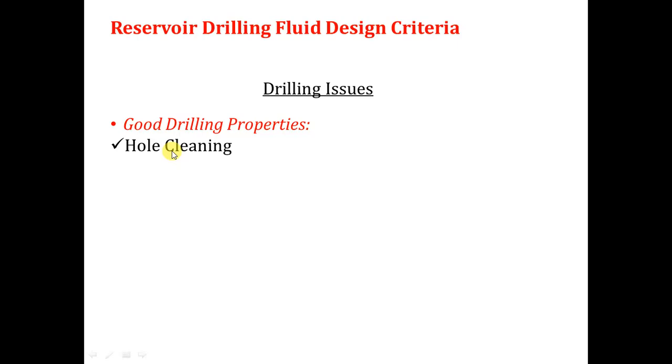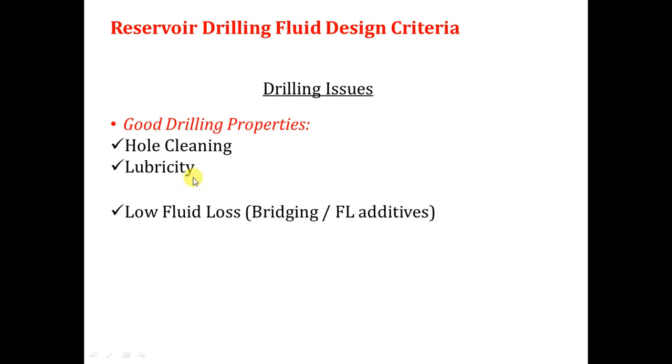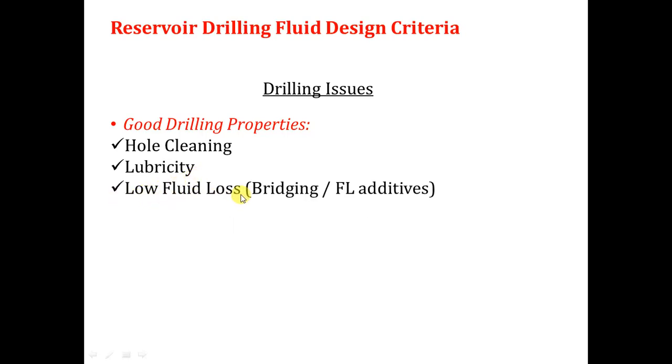Because as you know, in the horizontal section, the cuttings are on the low side, so that once you start to make production from the well, these solids will plug the screens, and lead to a great problem, and it may lead to a pull out of hole with the screen assembly, and at this you will lose a lot of money. So the cost is very important here. Number two, the lubricity. Number three, the low fluid loss.